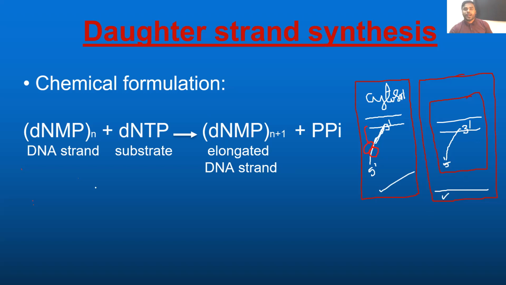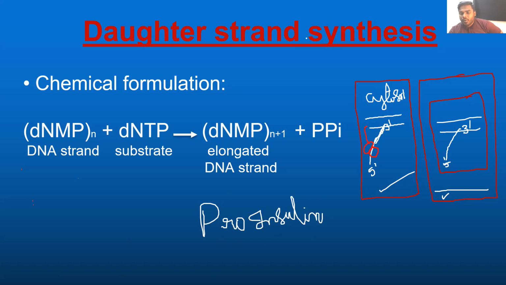And one more important point. Finally the process of translation occurred. Done. We produced the protein also, no doubt about it. And friends, that protein is also not biologically active. Let's take an example. When insulin is synthesized, you call it pro-insulin. Why do you call it pro-insulin? Because it is not active, it's not matured. In the same way, whatever protein is synthesized is not an active protein. So the protein has to be modified.